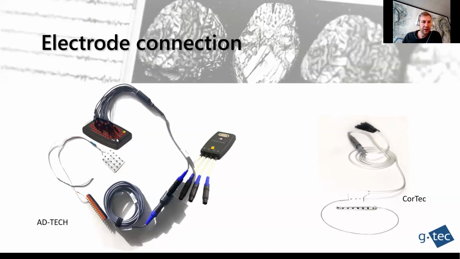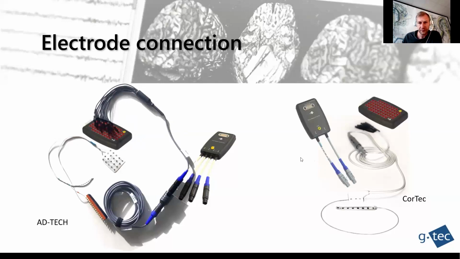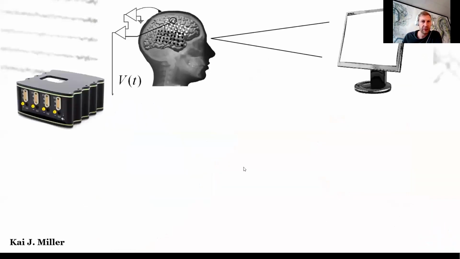a very tedious and long process, and you must not make any mistake here, especially for diagnostic purposes. If one electrode is mixed up, then the whole localization pipeline can be destroyed. So this is a very difficult and dangerous procedure. This interface system is also available for Cortec, a German manufacturer, and of course we can customize that for any